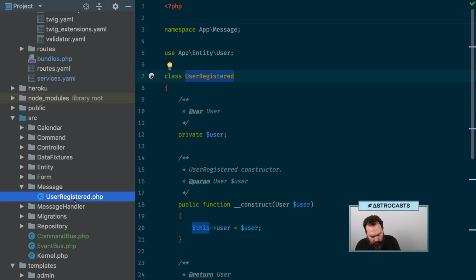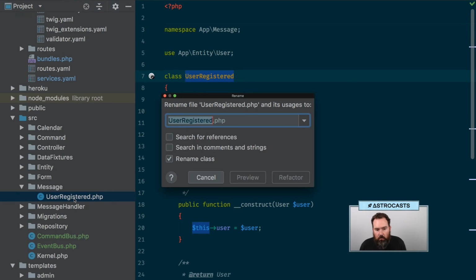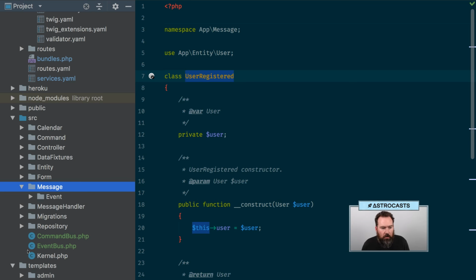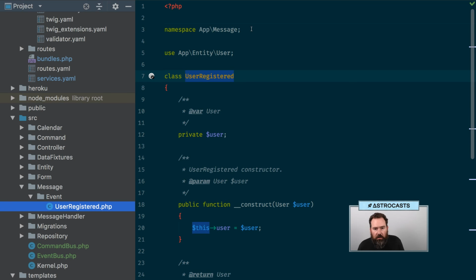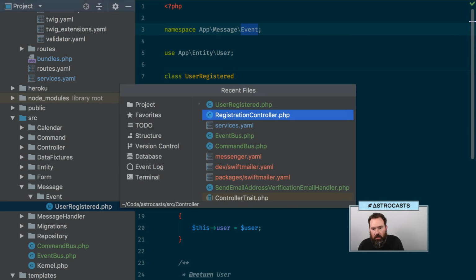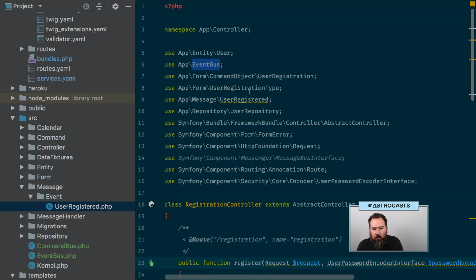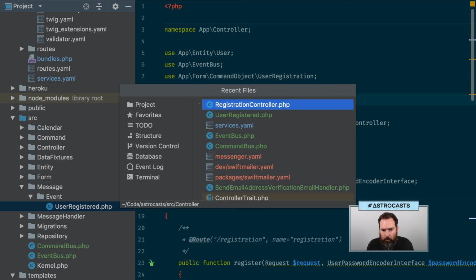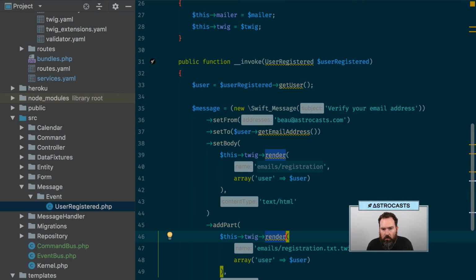So I'm going to move this into, move file, message event, because this is really an event. But it didn't change here. And so I'll have to rename it. Here we go, event, just so that it's clear which is supposed to be used for which. All right,